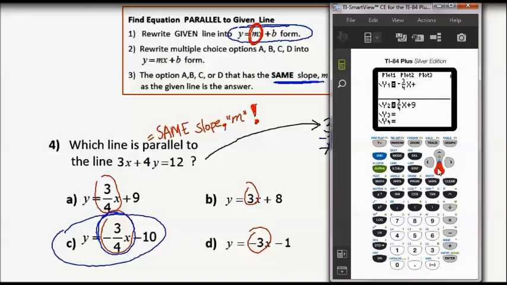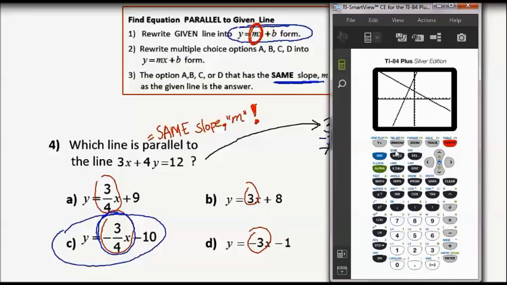So you can delete the one that you already know doesn't work and enter the second one. That is option B. When you graph that one,